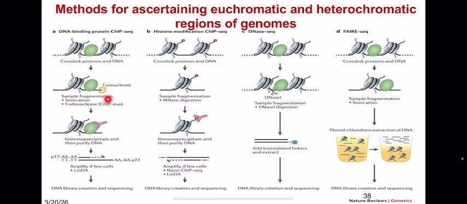So the first one over here, we have DNA binding protein ChIP-seq, histone modification ChIP-seq, DNA-seq, and FAIR-seq. The DNA binding protein is where you have a region of interest, and your gene of interest is within that region, but you don't know where that gene is particularly. So you just use a protein that can bind to the gene of interest you are looking for. So that protein goes in, binds to wherever we need, then we subject the entire DNA to fragmentation,